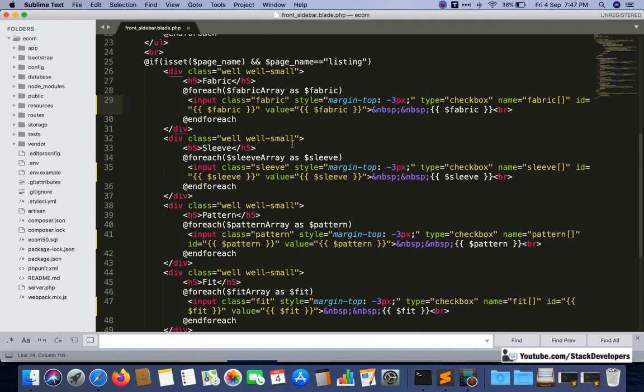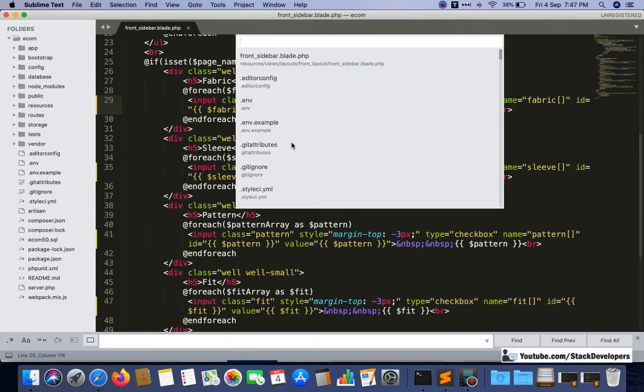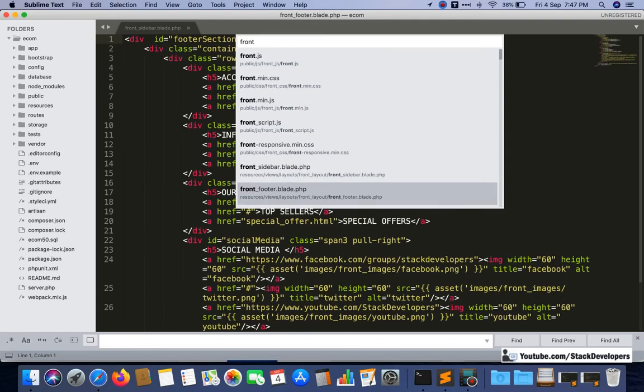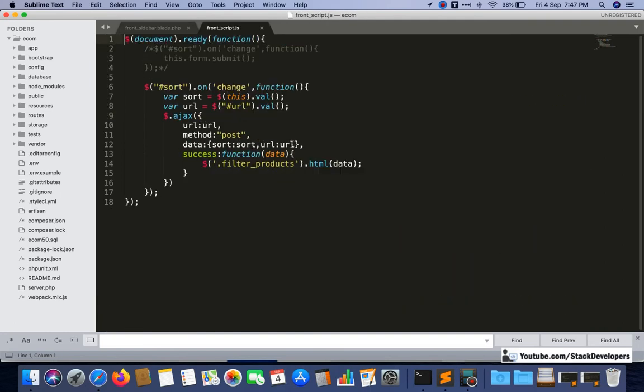Now see, after adding the class, open the front underscore script file. This is the file you need to open, and here, like we have done for sort, we are now going to add the jQuery function for fabric.